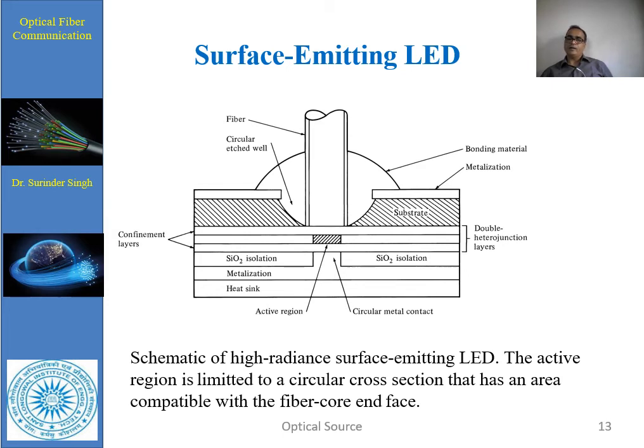Like power has to diminish by the angle cos theta, where theta is the angle between the viewing direction and the normal to the surface. So the power is down to 50% of the peak value when theta goes to 60. This is the total half power beamwidth of 120 degrees possible in this surface emitting type of LED.